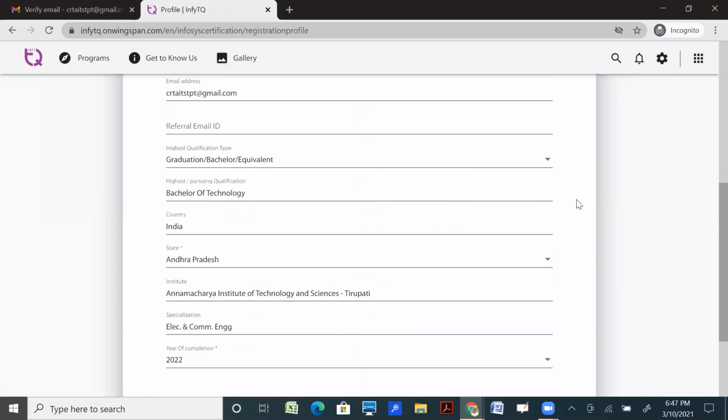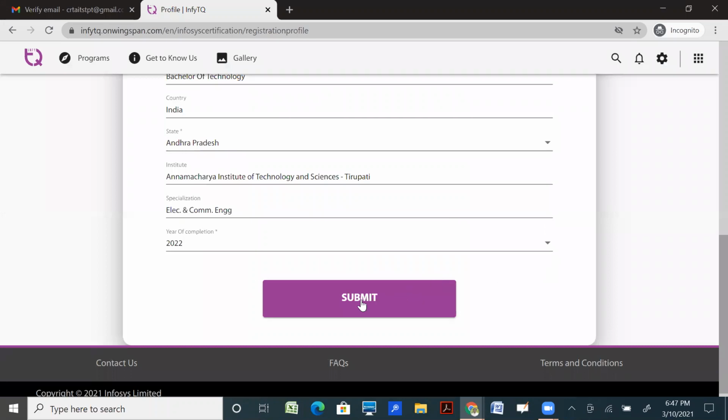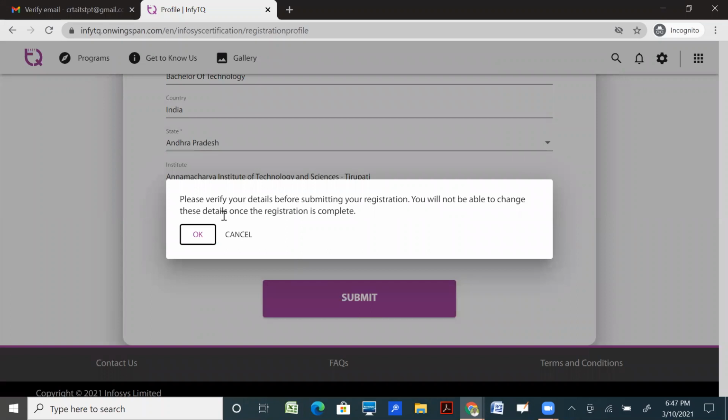Then all the details which were already entered in the profile data will be displayed here. Check them once, then click on the submit button, and it asks you to verify your details once again before submitting. Please verify your details before submitting your registration. You will not be able to change these details once the registration is complete.